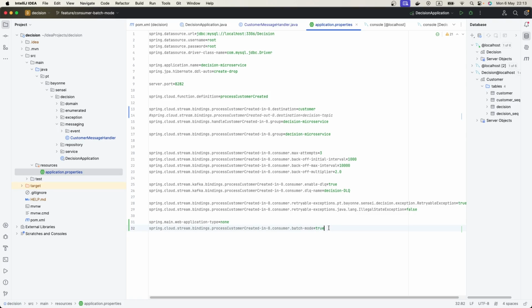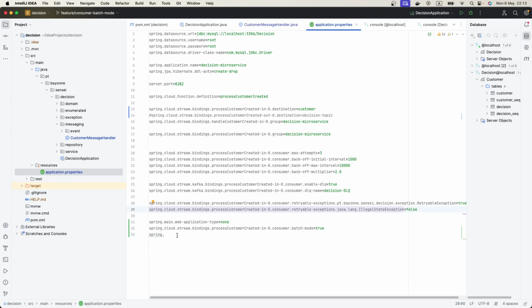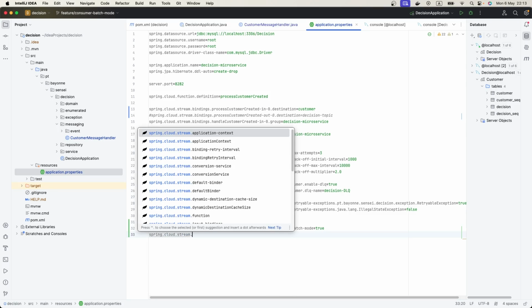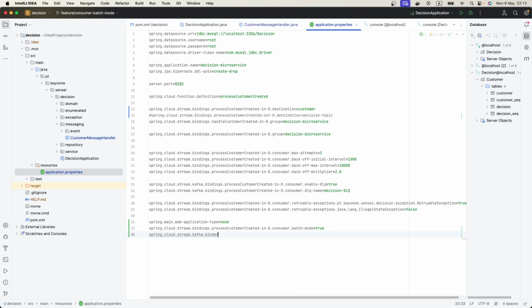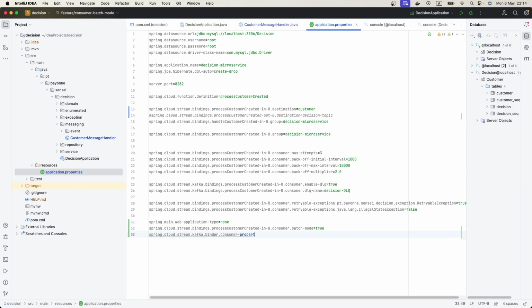Another thing that we can do is specify for each particular binder. For example, we can say Spring Cloud Stream should use, for the Kafka binder, the consumer properties, just like this. When you think about chunk or batch, you think about, for example, the batch size, right? In this particular case in Spring Cloud Stream or even Apache Kafka, we have to say the max poll size